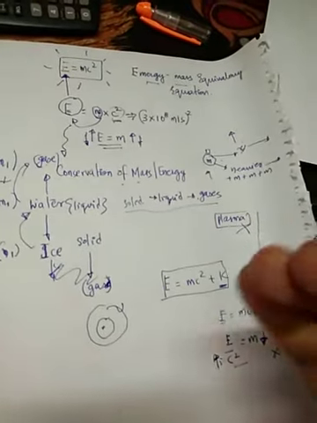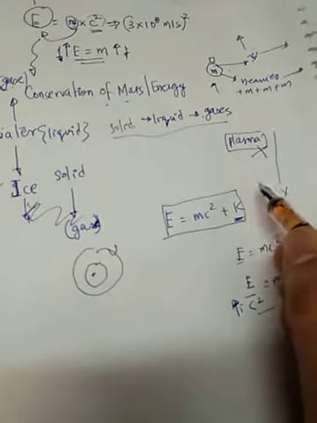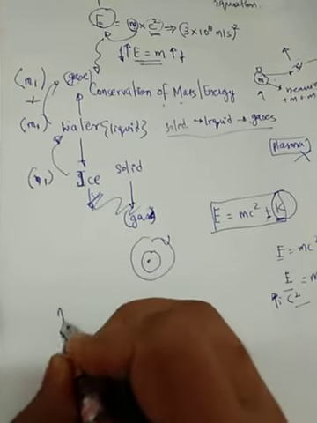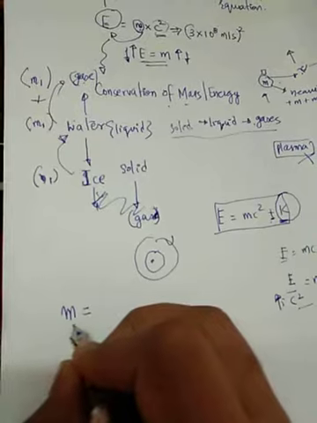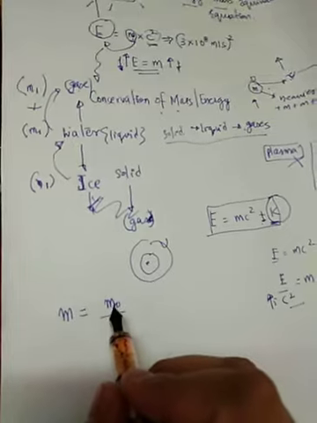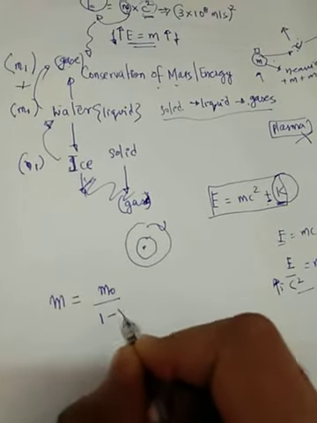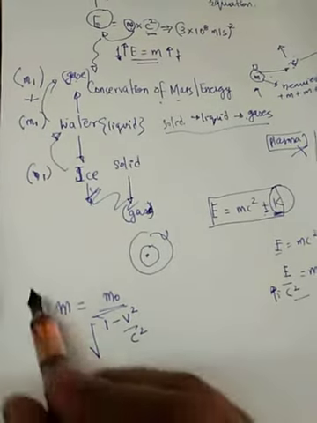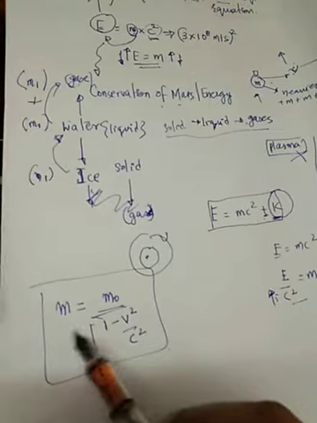If you want to see where exactly my mass increases when I increase the speed, then we have another equation, and that equation is this. It is coming from kinetic energy. As I told you, that was the first part and this is the second part. We have a moving mass m, and this is the stationary mass m naught. Then I have 1 minus v squared divided by c squared, under a square root. That's the equation of moving mass.